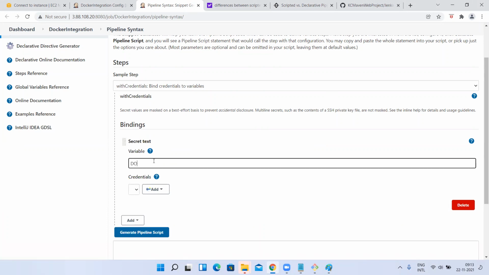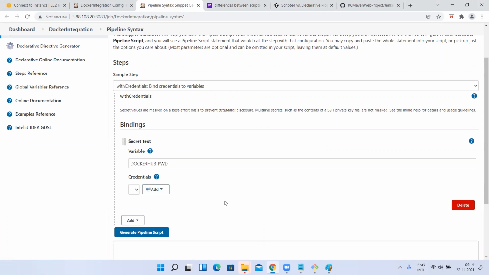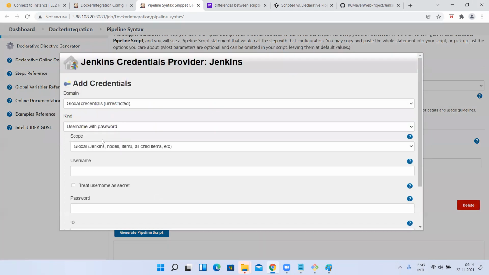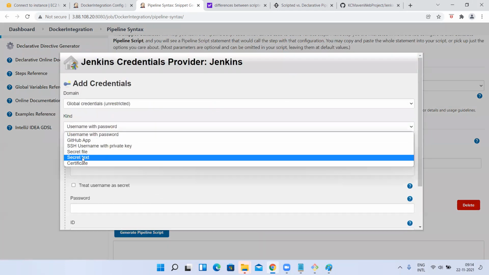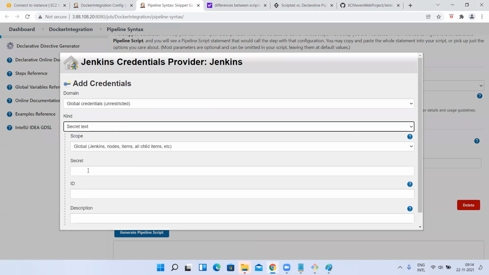DockerHub-PWD, any name you can give it. Variable name, right? Add that credential here. Add that secret text. So I'm going to give my password here.